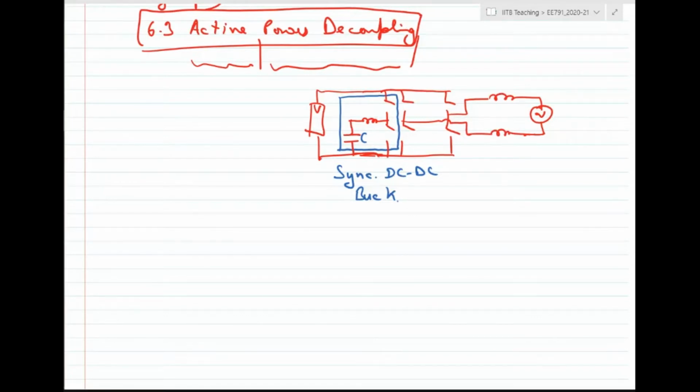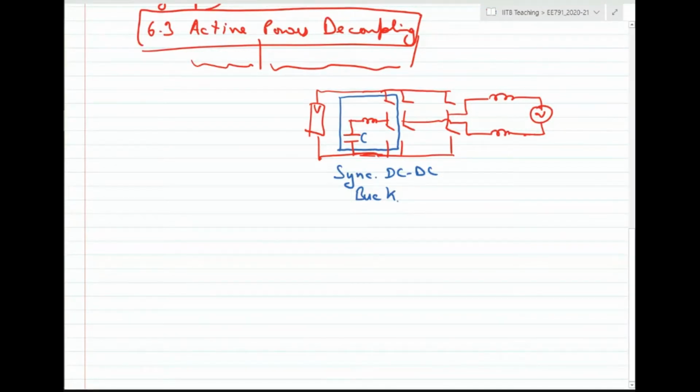Yeah, there exists a trade-off, right? If you are adding switches and an inductor, there is a cost addition because of those components. There are losses happening because of those components, but you also gain something, that is, you can use a much smaller value of capacitance as compared to the previous case.